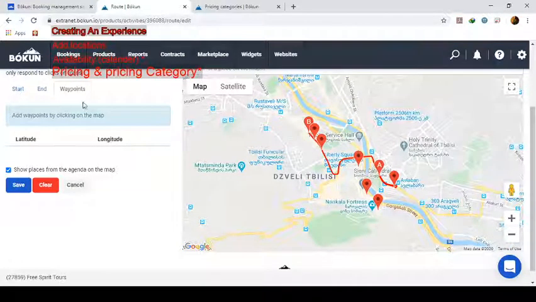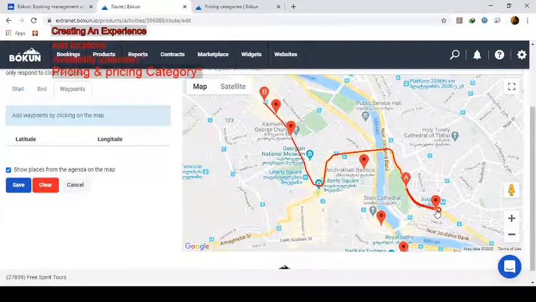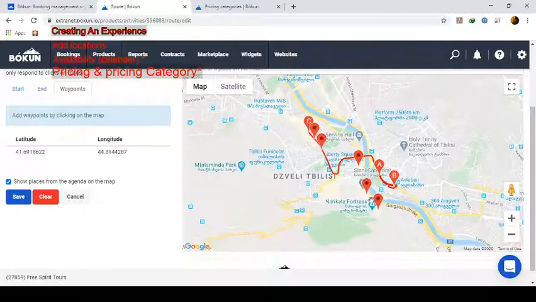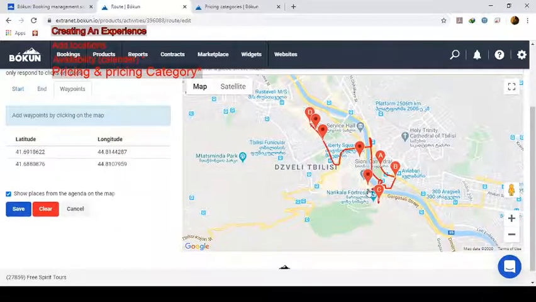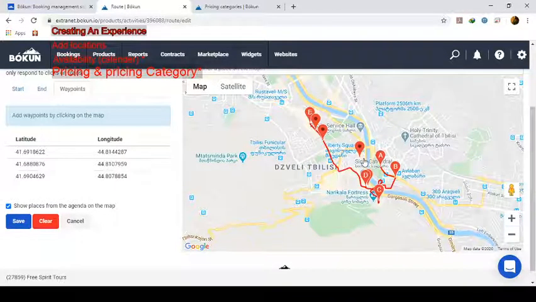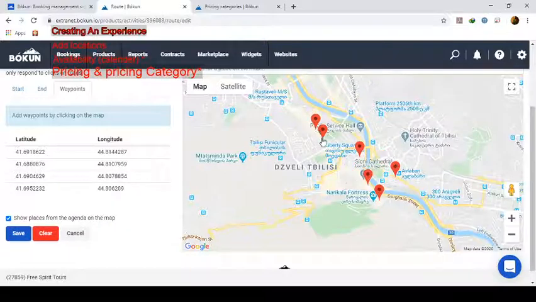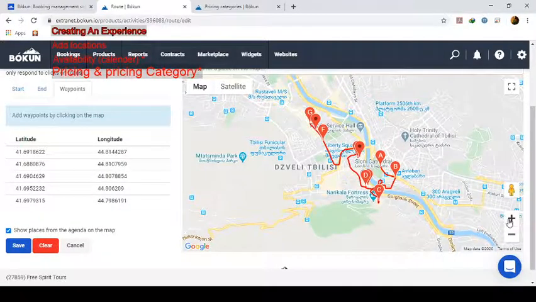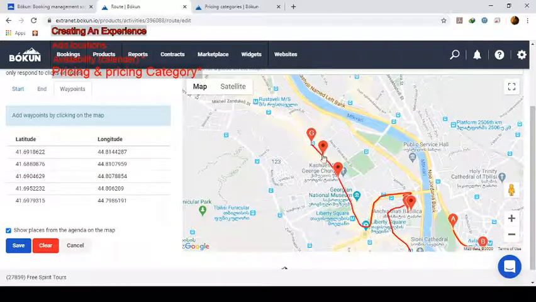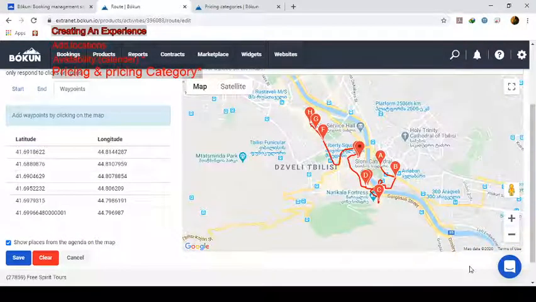And the waypoints are where we are going to go from A to B. Like now A is the starting point, and at this point B is the final point. So we need to add all the median points right here. So this one, the Metekhi Church. Then we go to Narikala Fortress. We will just follow this one, as this is our tour. So I will press save,